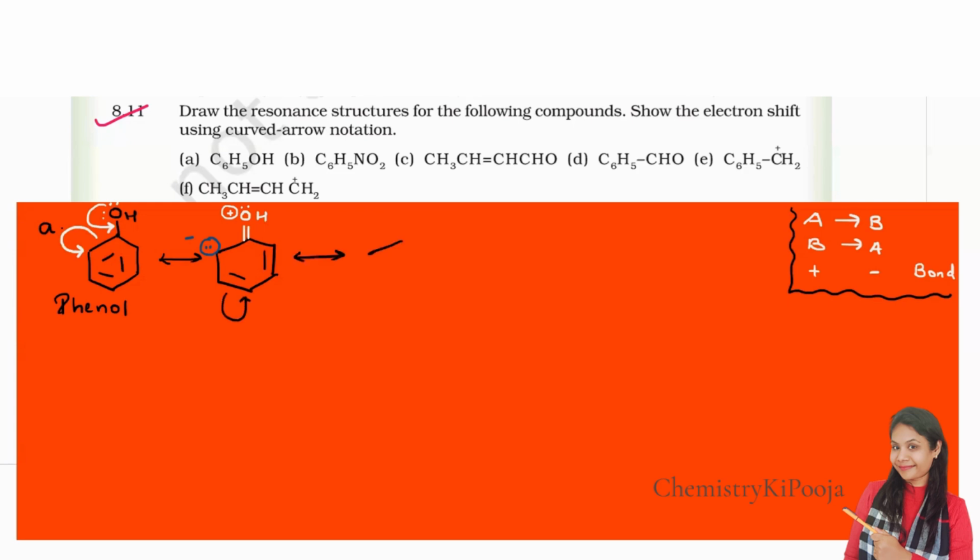Now coming to the next bond, we are going to shift this bond here. The structure will remain as it is: double bond, OH, lone pair present here, plus charge here. Here the negative charge will come, and this one will be electron deficient, so it will carry a plus charge. This is electron rich, the negative charge. The third trick is that plus and minus charge combine together to form a bond. So this plus and this minus will combine together to form a bond. Clear?